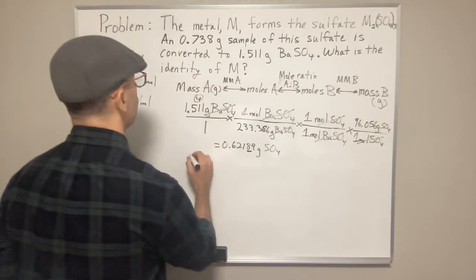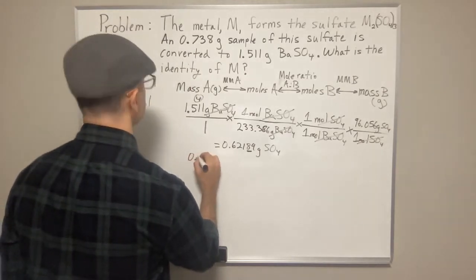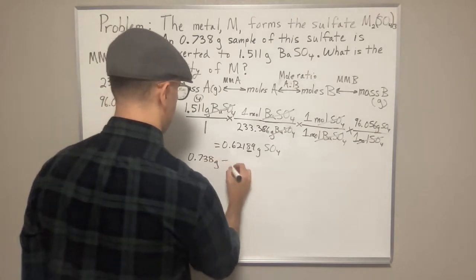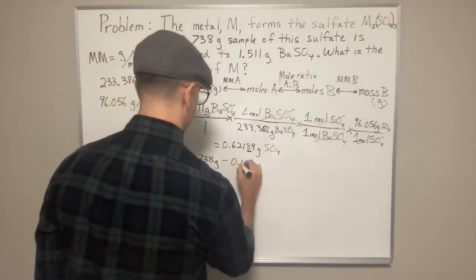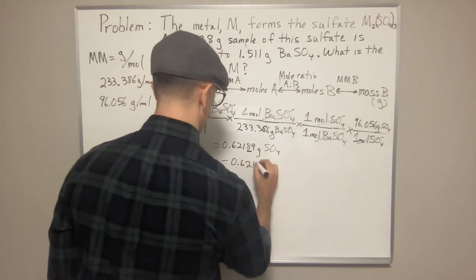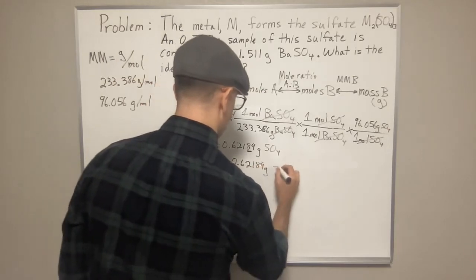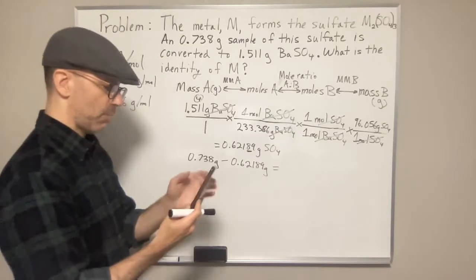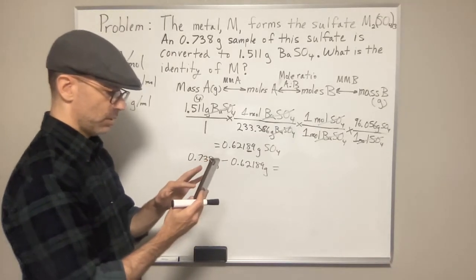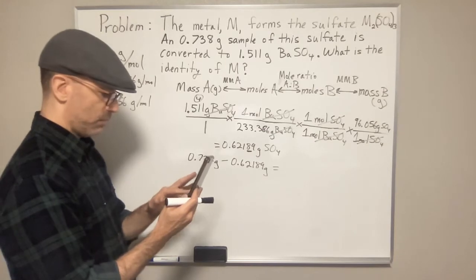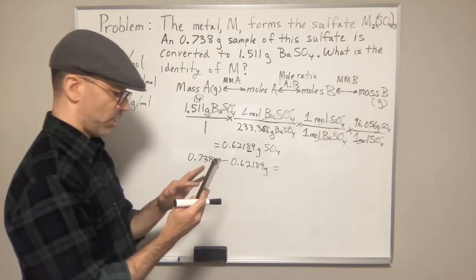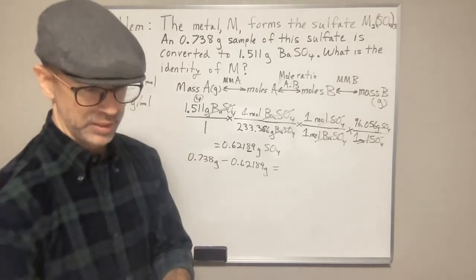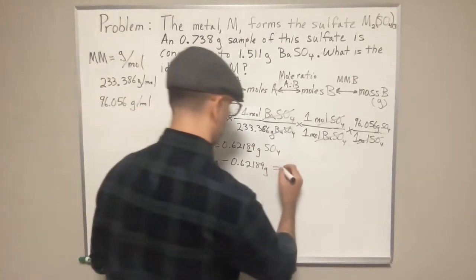So we have 0.738 grams minus 0.62189 grams, and that's going to be equal to, give me a moment, 0.738 minus that equals